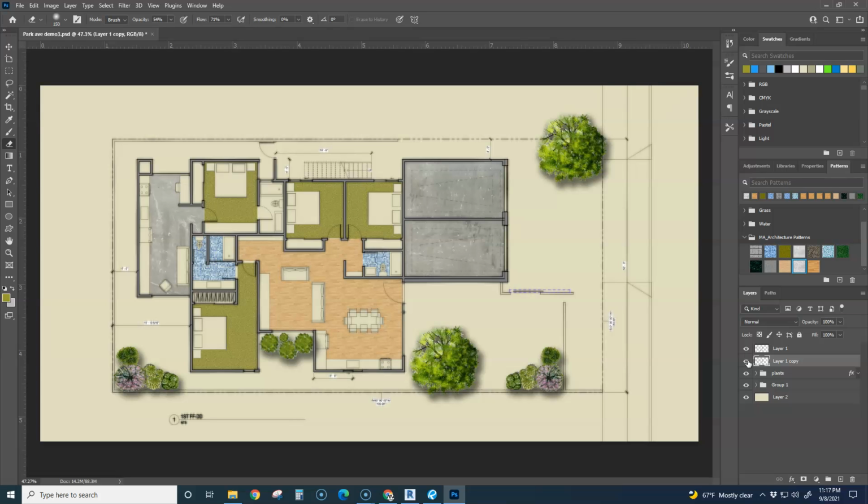Oh, you know what? Let me show you how to do a monochromatic. Maybe you go to an architecture school and the teachers are like, hey, that's too close to a realistic wood floor and blah, blah, blah. And maybe you wanted to make it monochromatic. One quick and dirty way to do that is